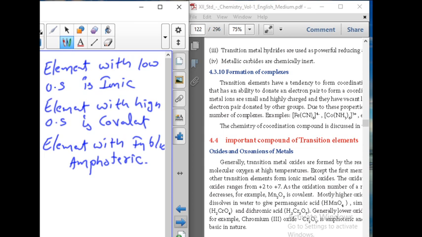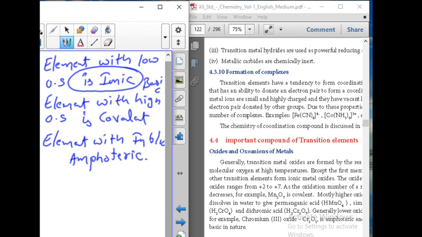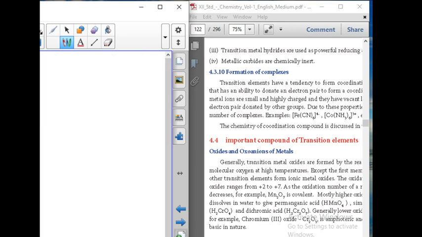is ionic or covalent. If the compound is ionic, the nature of that oxide is basic. The more ionic, the more basic that compound is. If it is more covalent, it is more acidic. In between oxidation state, we can say that is amphoteric in nature. So, acidic, basic and amphoteric nature.